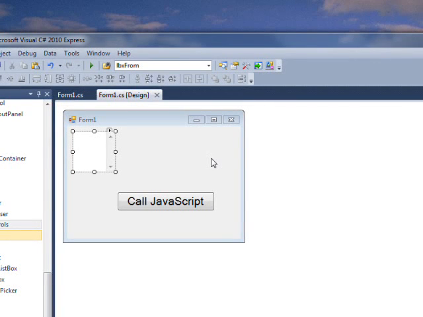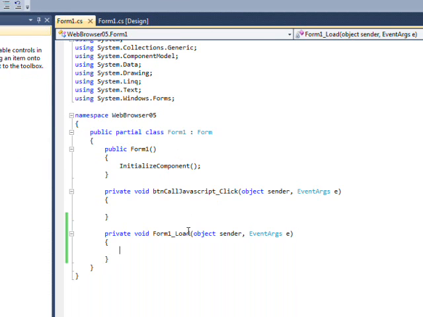What we're talking about today is calling a JavaScript function from C#. It's something I have to do in a larger project I'm working on. So the two event handlers we want to look at are a button that calls JavaScript and the form load event. So if we double click and go into the form load event,